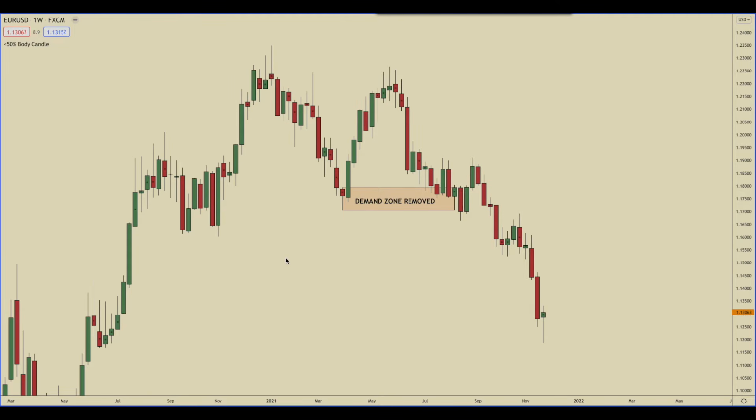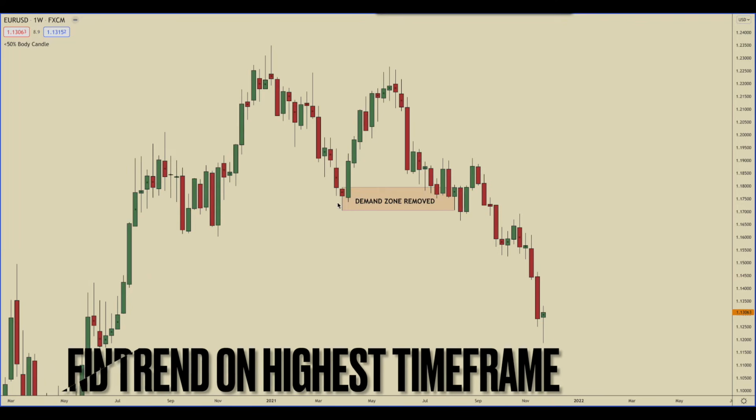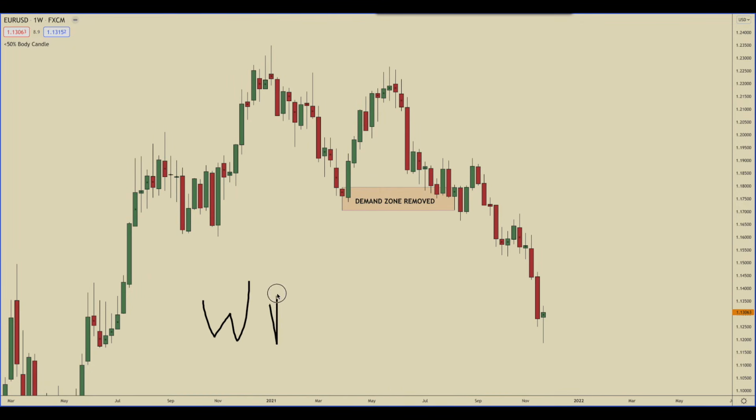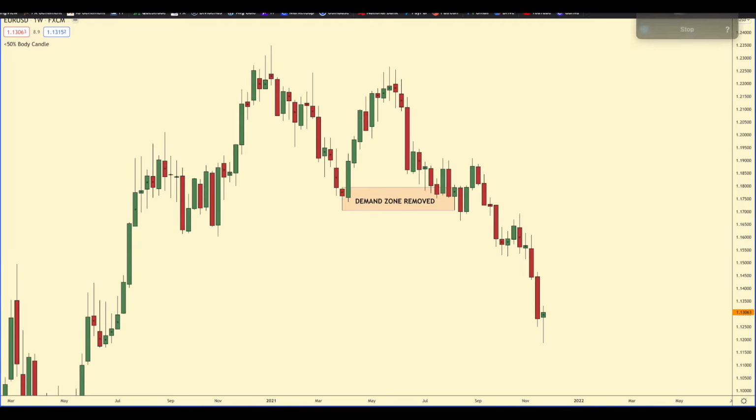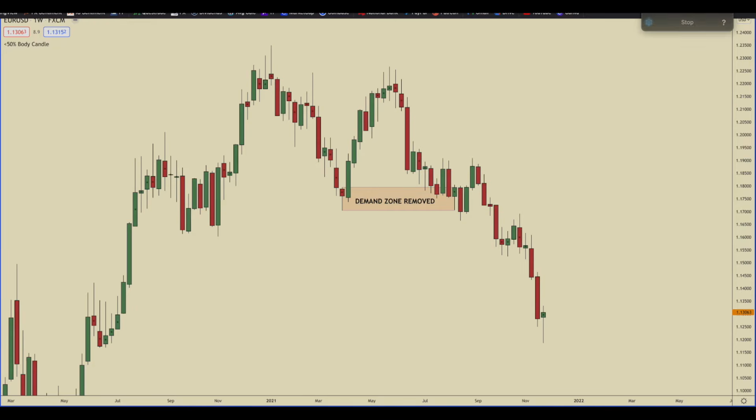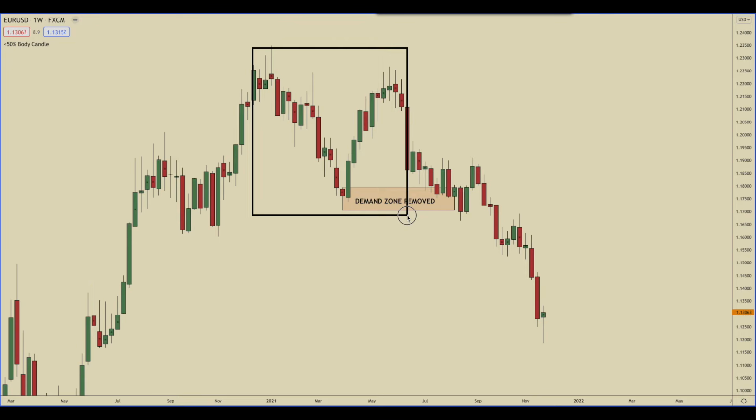Alright, so the next step is to assess the trend on all 3 time frames. For this example, I'll be using the weekly, daily, and 4-hour sequence. You can use this for any sequence of time frames. You just need to switch it up. So switch out the weekly for the daily, or switch out the weekly for the 4-hour, and it'll all be the exact same thing. So at this point in time in the chart, we had sideways price action right here,